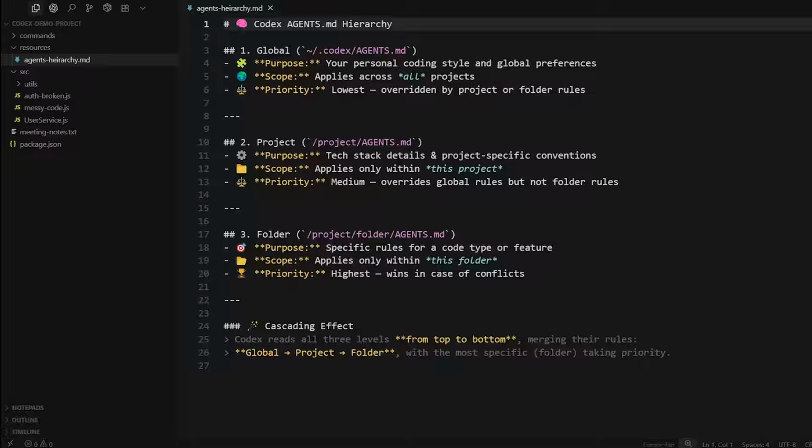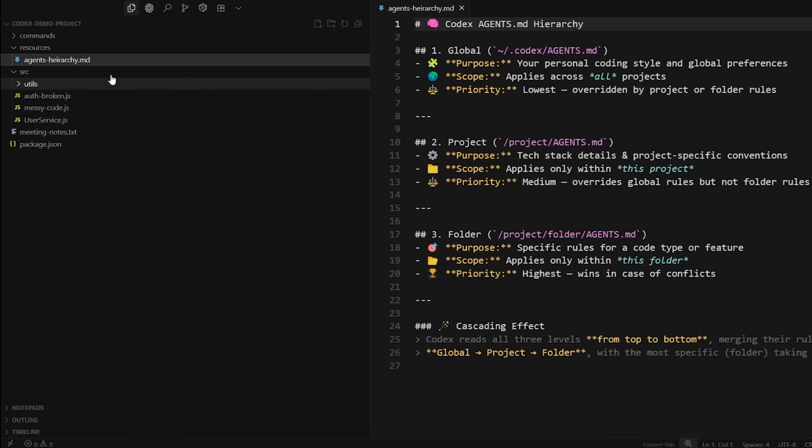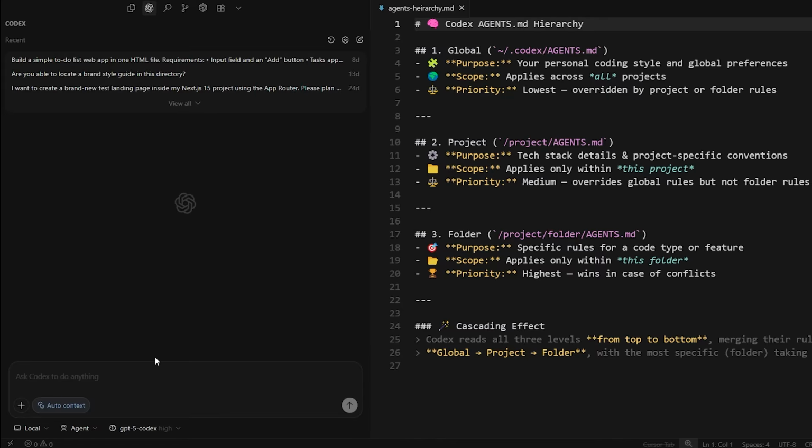So now I'll show you how you can create an agents.md file in your project directory. So this will be number 2, the project level that we're going to create it in. As you can see on the left hand side, we're in the Codex demo project directory here. At the top we can see the Codex logo, so we'll click on that and that's going to open up